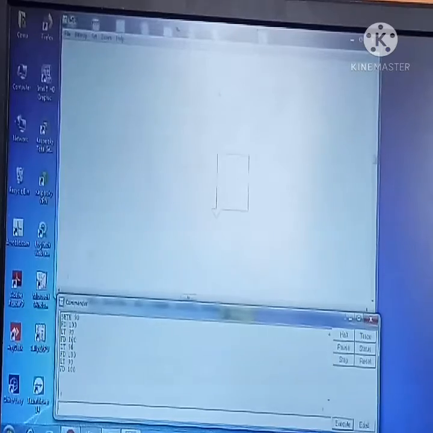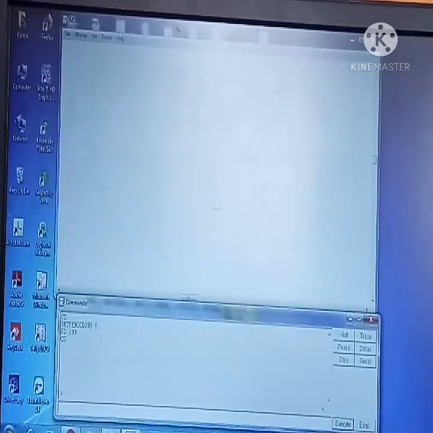Now in this recall list box, you can see whatever commands I have given are taken here. If you want to clear this recall list box, then you have to give the command CT. CT means clear text. Enter. You can see the commands which you had given are cleared. And if you want to clear the screen where you have drawn the square, CS. Enter. CS means clear screen, so the screen gets cleared.